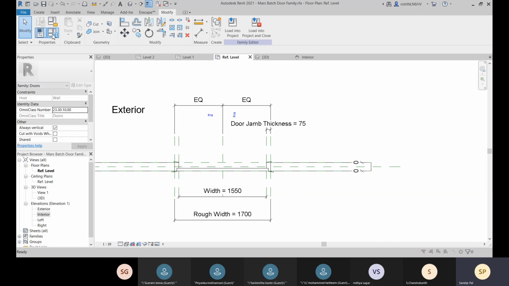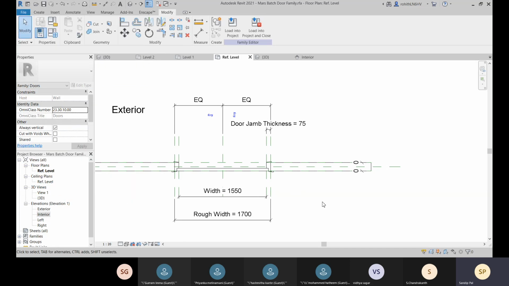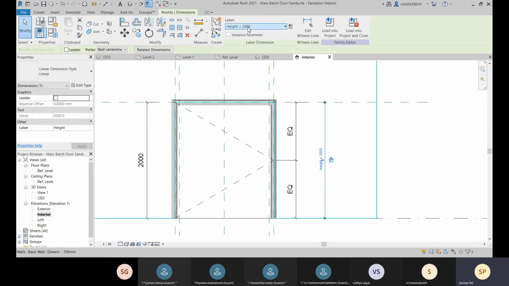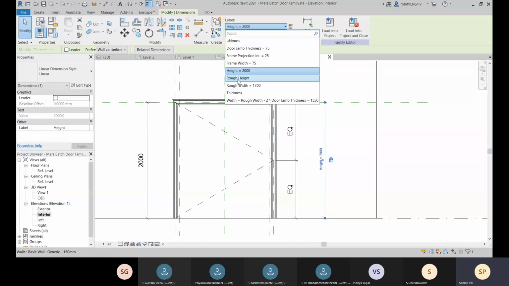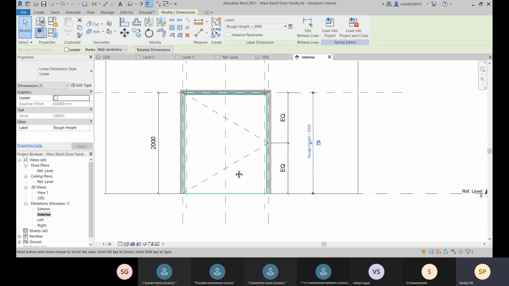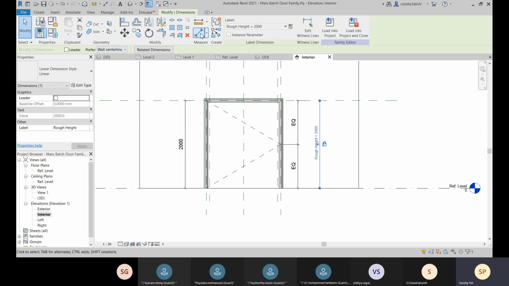All right, so we are okay with that. And here also let me show you that we can create a type for each and every dimension. For this height and this width we can create this one also. Because this is your rough height, let me go for this also as your rough height, and this will be your total height.